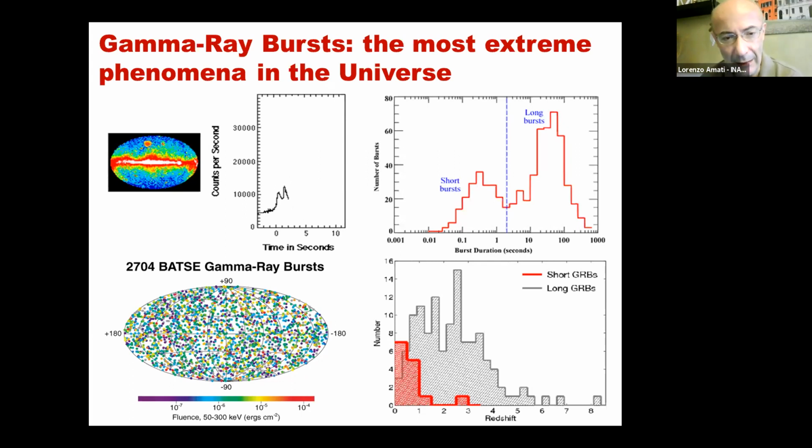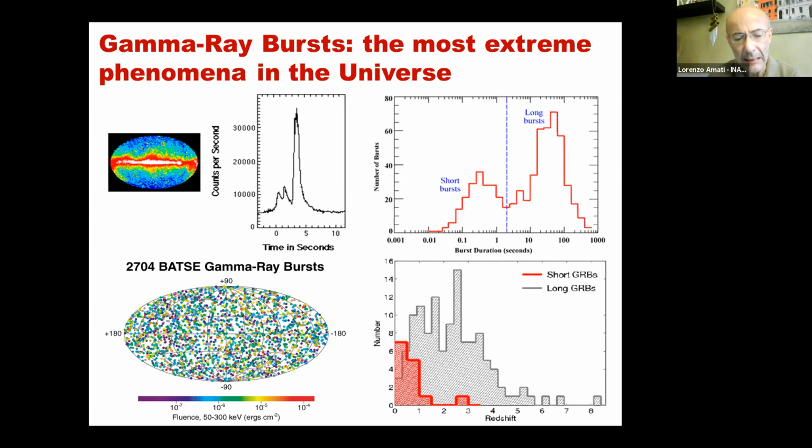These were discovered in the second half of the 60s by military satellites. And then it was realized they were coming from space and not from the atmosphere, not from nuclear bombs in the atmosphere. It took several decades before we could understand something of these outstanding phenomena. The very impressive thing here is that these are really outstanding phenomena occurring more or less once per day. At least they are detected once per day by low Earth orbiting satellites carrying these detectors on board.